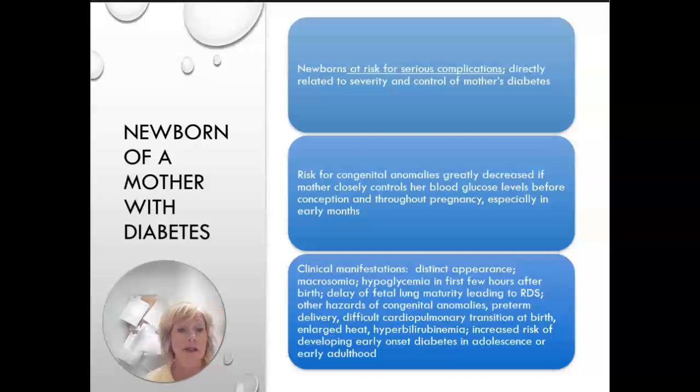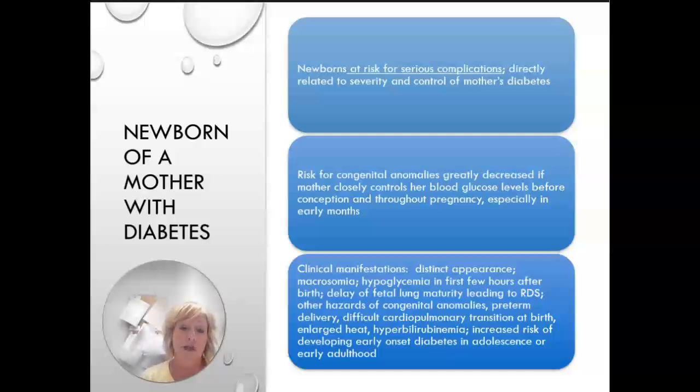So what are these babies going to look like when they're born of a diabetic mom? Usually they're going to be macrosomic. They're going to be very, very big. Their faces are going to be very big and pudgy, and they're going to have big chunky cheeks, lots of subcutaneous tissue. They're going to be hypoglycemic. So right away, as soon as these babies are born, within the first hour, we're probably going to start checking